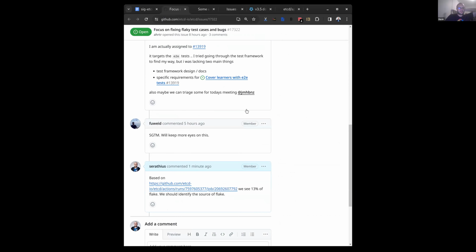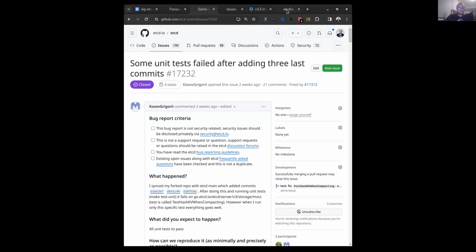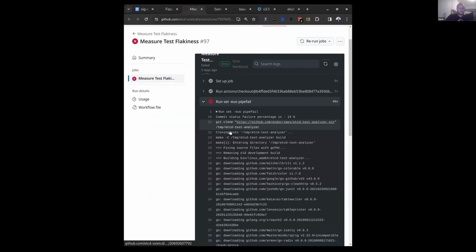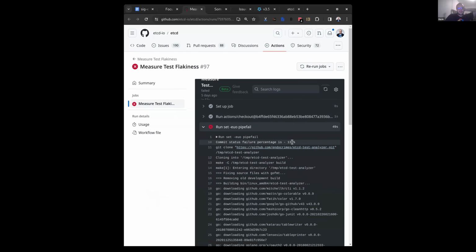One of the previous efforts, as I linked the failure or the job here, was to start measuring it, and this is the way that we measured it historically. It's a simple tool that just looks at the percent of test failures on the main branch, which are always flakes, because we know that to merge a PR you need to at least pass the test once. So if there is a failure of any workflow on the main branch,